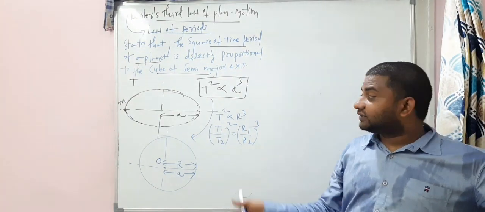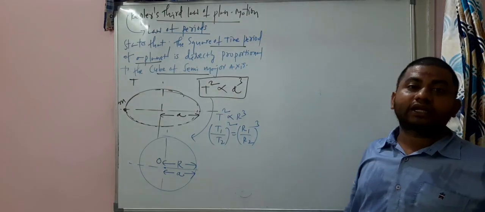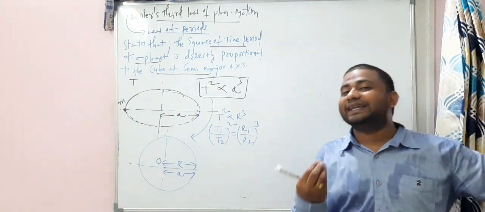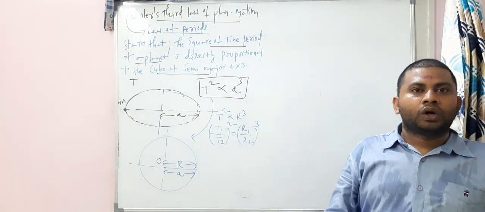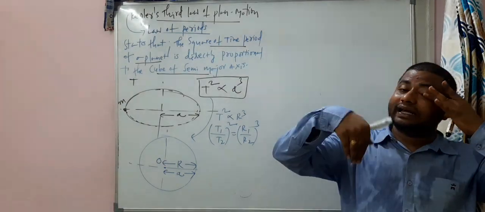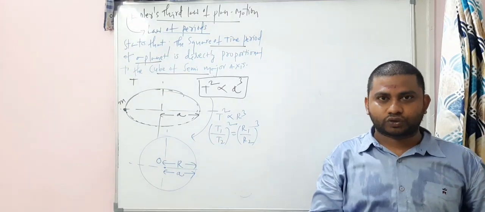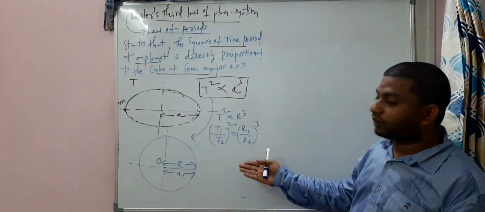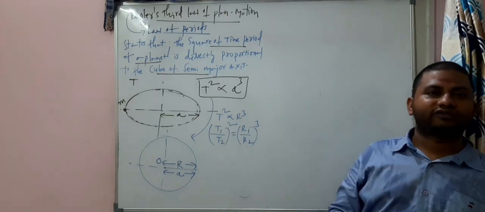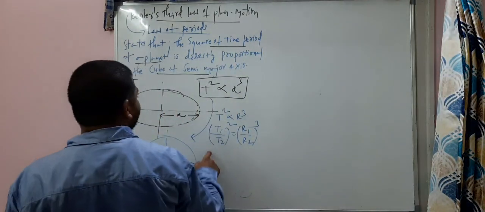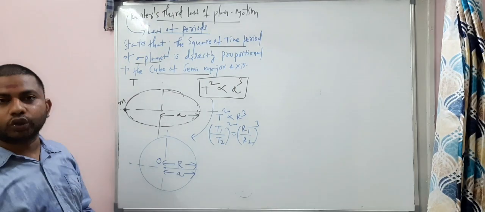The things involved in the circular motion can be studied easily. The things involved in the elliptical path cannot be studied easily at this first PUC and second PUC level. So that is the reason we can assume that the planets are revolving in the circular motion, my dear students. When the planets are revolving in the circular motion, then the time period squared is directly proportional to the cube of the semi-major axis. So T1 by T2 whole square is equal to R1 by R2 whole cube.